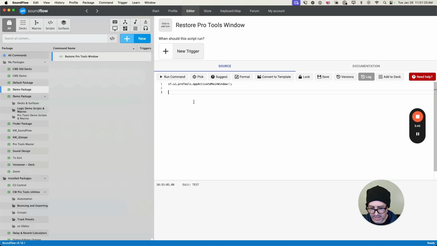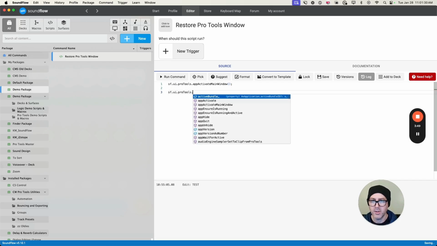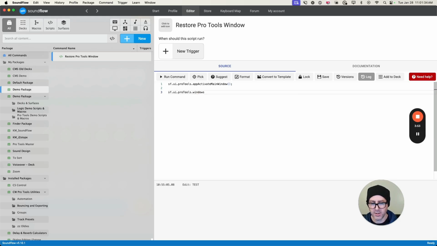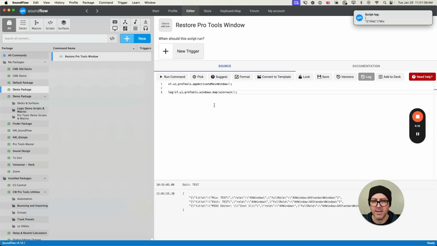So I'm going to go sf.ui.proTools.windows, like so, and let's map out what the windows are. So I'm going to go map, and so for each window, and we'll just do that like so. And I'll go log at the front here,